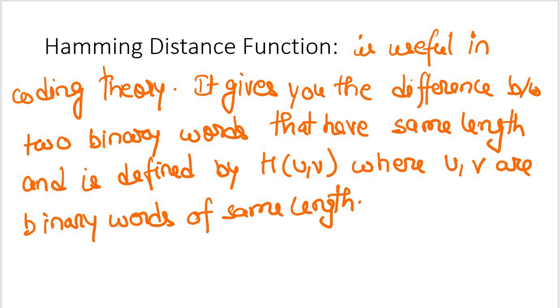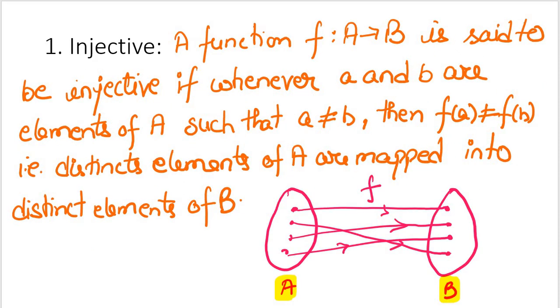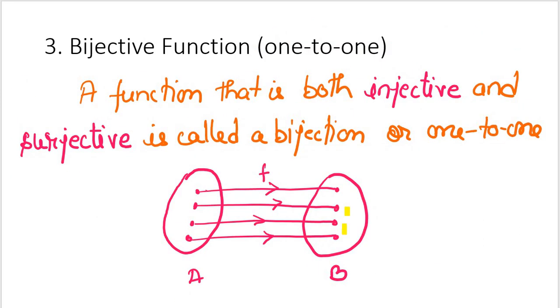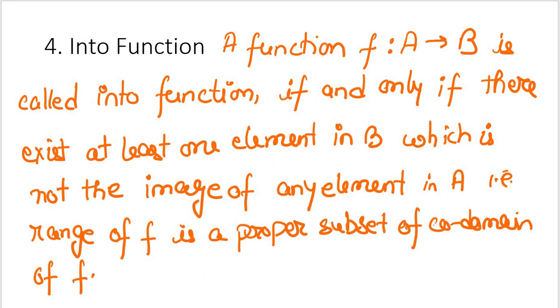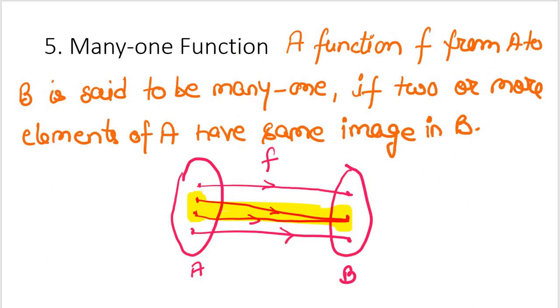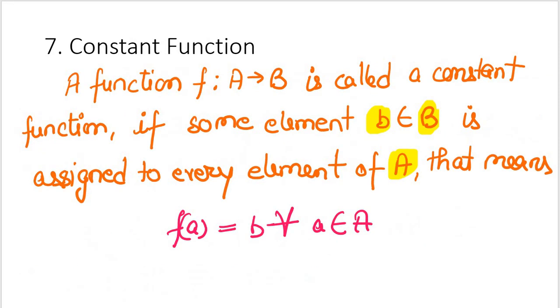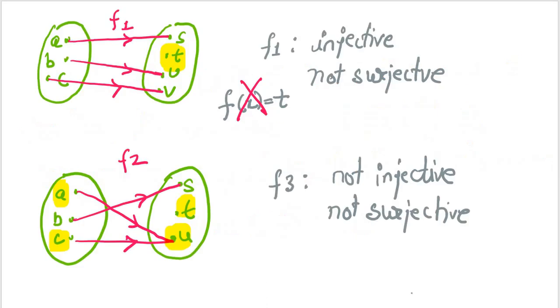So this was all about functions. In this discussion we talked about the injective function, then the surjective function, which is onto, then we looked into what the bijective function is, which is nothing but the one-to-one onto function, and we talked about the into function. We then saw what the many-to-one function is. We also talked about the identity function, from A to A. Here the discussion becomes very clear. And then lastly we talked about a constant function,